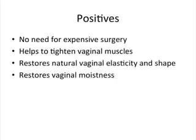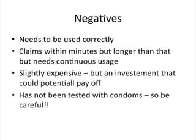Yeah. So the positives, obviously the biggest positive is the money aspect. Surgeries can be very, very expensive, and so to be able to find something that works just as well as surgery, but at a fraction of the cost, I think, you know, that's an excellent investment. The negatives, obviously you need to read the instructions,